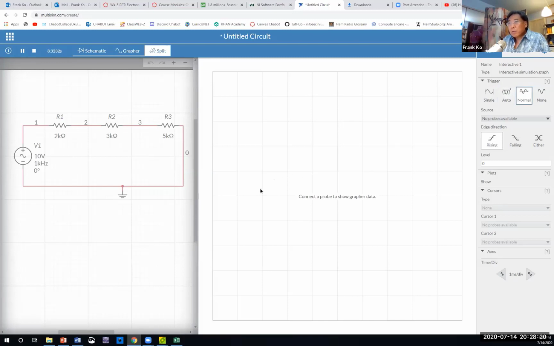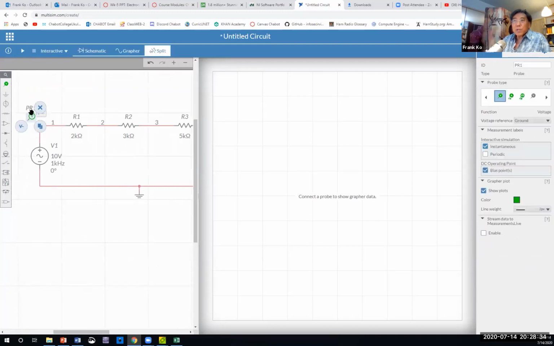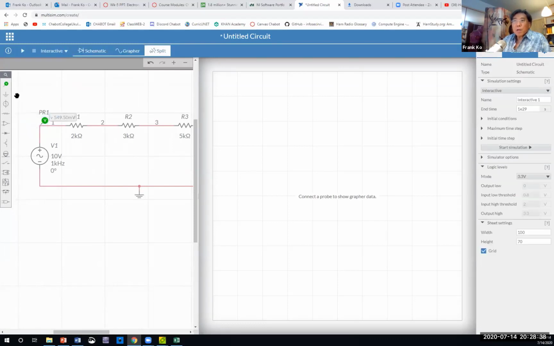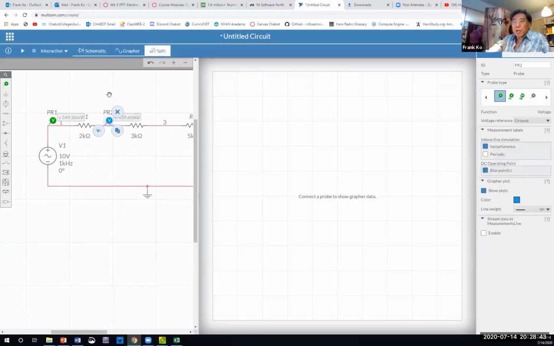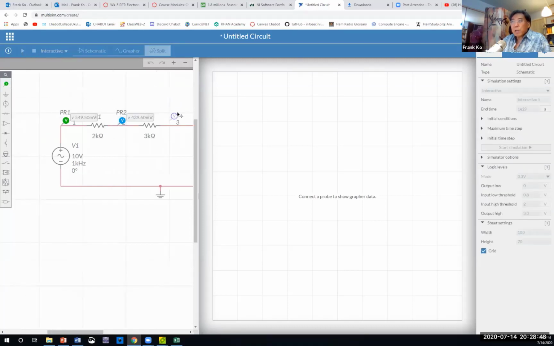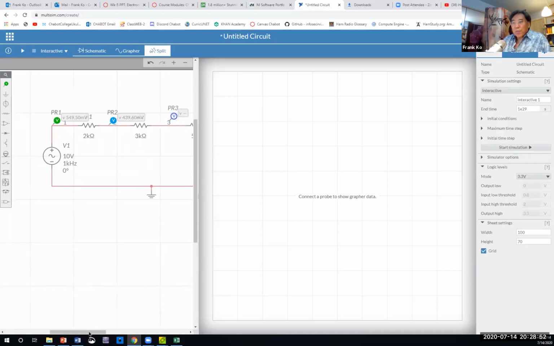Probe. Oh, silly me. I need a probe. I got ahead of myself. So I'm going to come over here, grab a probe, and I'm going to set a probe on this point. Oops, come here. Probe number 1 goes to this corner right there. I'm going to grab a probe number 2 and put this guy right here. And I'm going to grab a probe number 3 and put it right there. Okay. So now I've got 3 probes